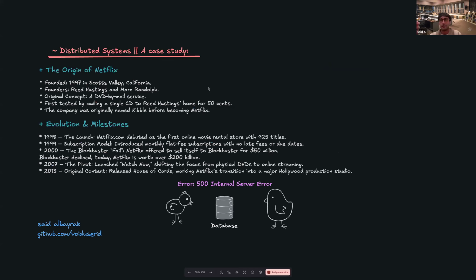So, in order to tackle this domain of distributed systems, we have a case study. And I think solving a real world problem is a better way to understand this concept, right? So, we're going to take a look at